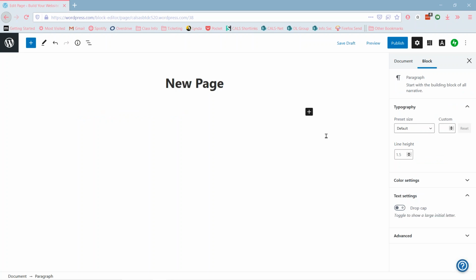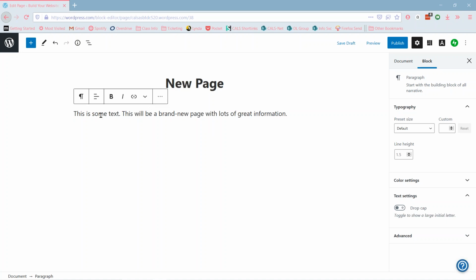And if I just wanted to start going straight away with some text, then I could do that just by clicking down here and starting to type. Okay, cool. So I've got something in there,